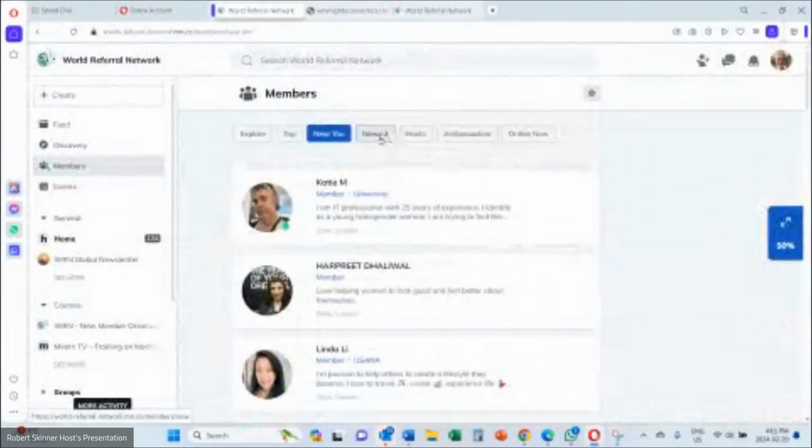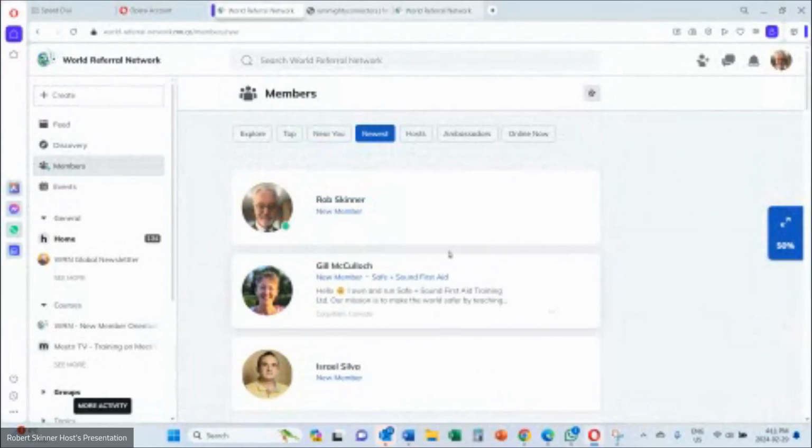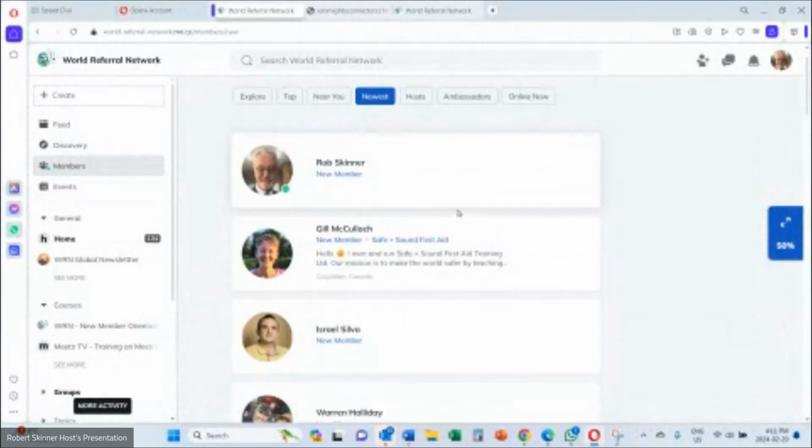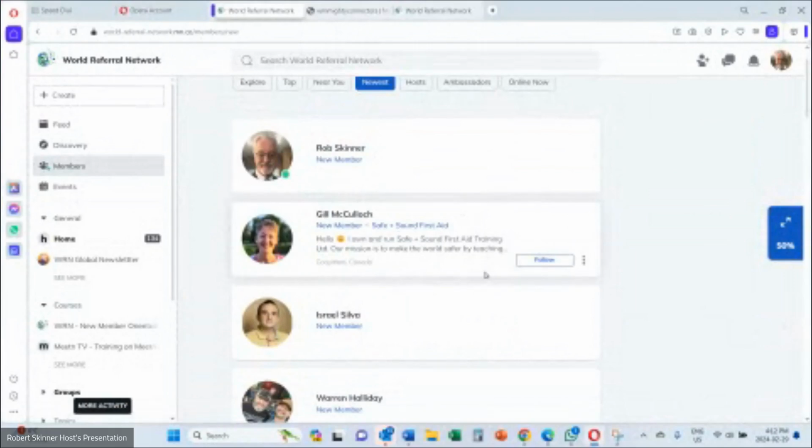Near you are the two that I look at. And yeah, the newest. So newest, when you click on it, the new people that come in, they're listed there in order. And those are the good ones to click on and follow and chat with and get to know because they've just joined and are familiar with being on World Referral Network. If you also click on near you,